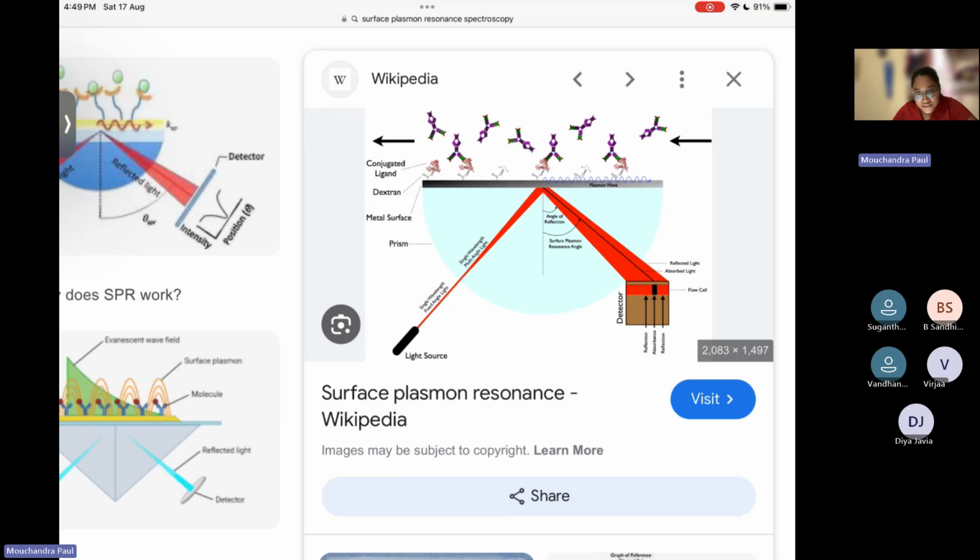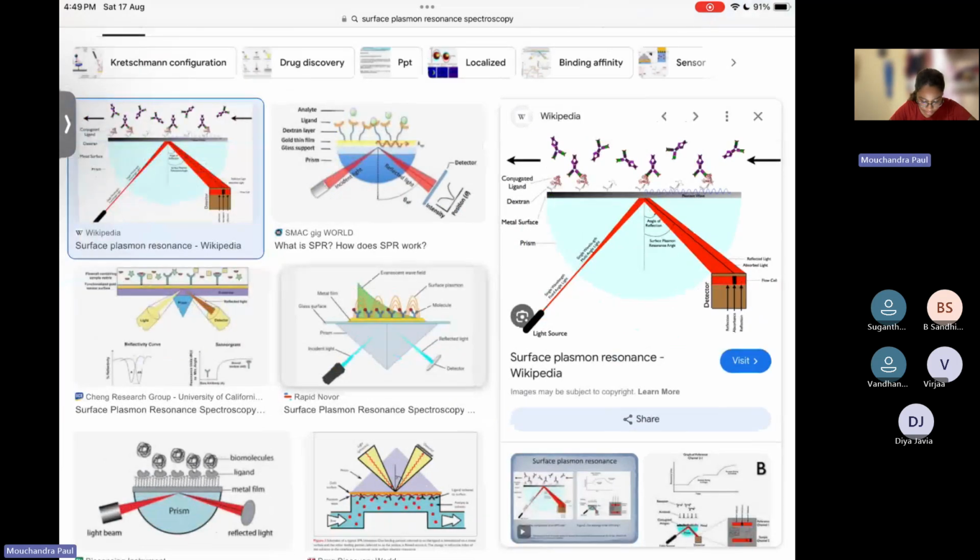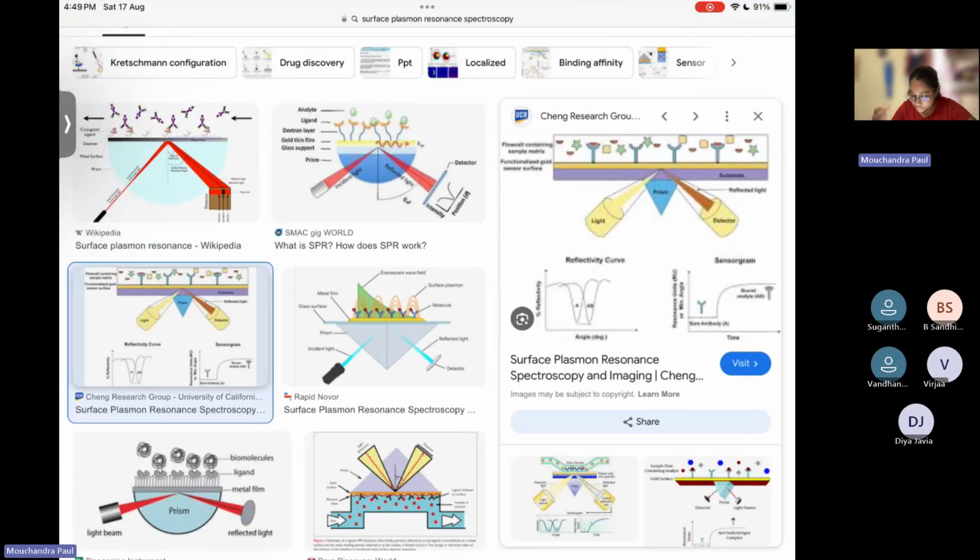We emit some light source, and the light transmitted from the surface is captured by a detector. And what does it help in understanding? It helps in understanding how the material is reflecting. So